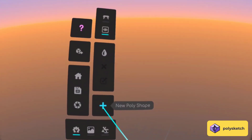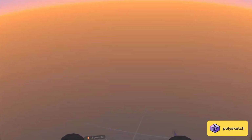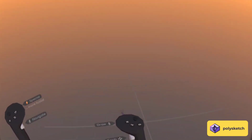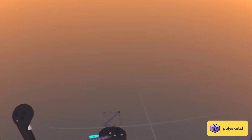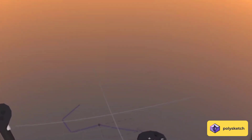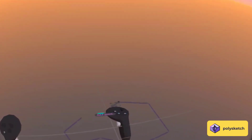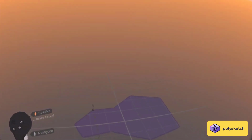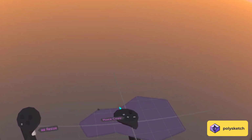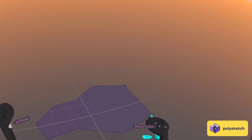So starting right in, I'll create a new poly shape, and I'll turn on snapping to start because I want to make sure and have a real nice flat base on this in case I want to 3D print it or something like that later. And using this, I can make sure that as I draw these points, you can kind of see they're all lining up on the same plane, so they're going to have the exact same height. I can still move them around a little bit, just get about the right shape that I'm looking for,